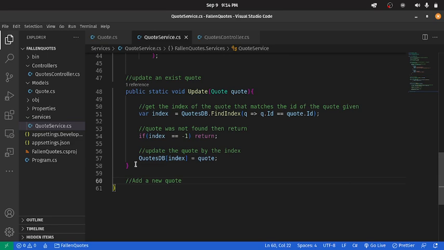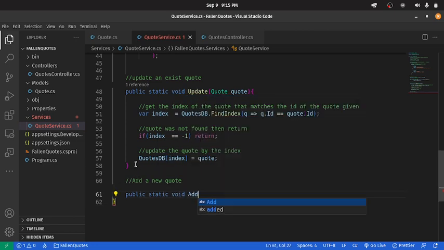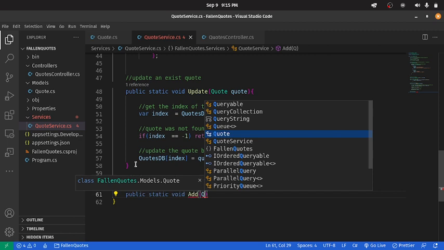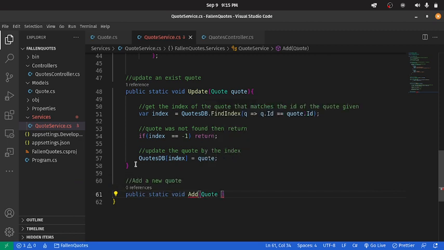Right, add a new quote. So we're going to say public static void add. Right, so we're going to pass in the quote that we're adding, quote, right,